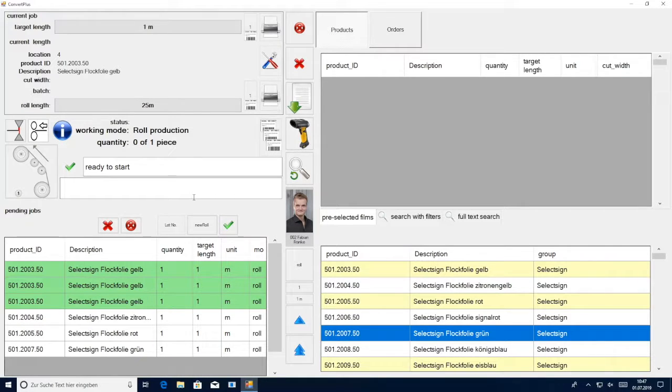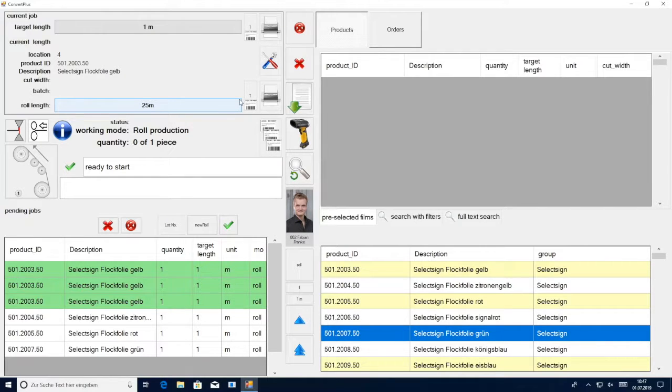The target length and roll length bars contain the information for the rewind that is being processed. The target length contains the desired amount of material that you want to unwind from the master roll. The roll length is the amount of material that is on the master roll. Just to the right of the 2 bars displays the number of labels that will be printed after a job is complete. So 1 and 1.